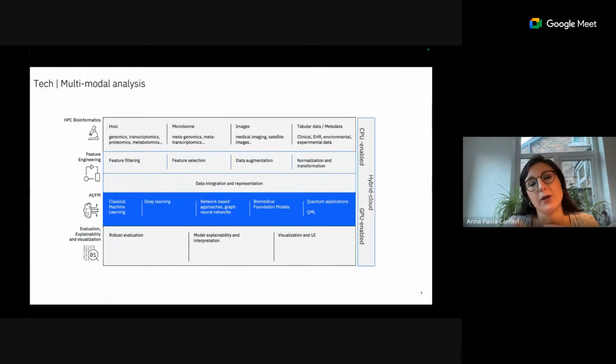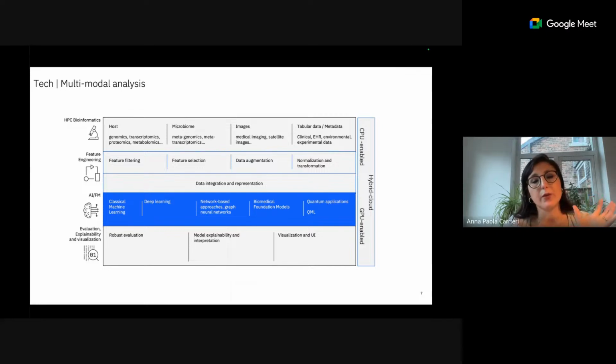So this is what our typical technology stack is, or what we actually do. We analyze different types of data, different types of omics. Especially in the UK, we have a big emphasis on the omics side. So it can be human genomics, transcriptomics, proteomics, but also in the past, we've done a lot of work on microbiome data. And what we do is that we analyze these data individually, or we integrate them, or try to integrate them, even with other data types, like other modalities, such as tabular data, images, and so on.